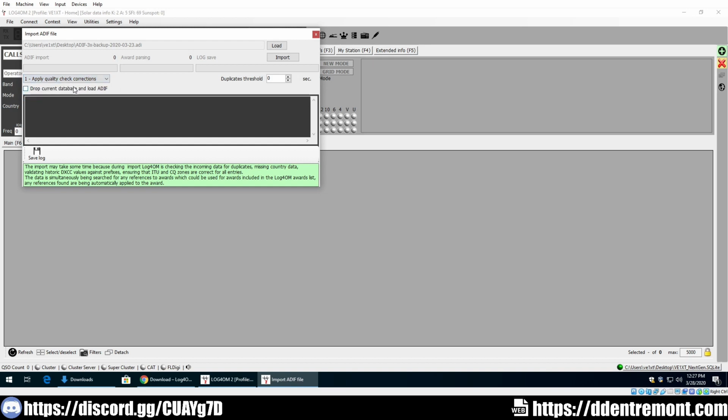Seems logical to apply the quality check because you want to be as up to date as possible. There could be other reasons why you wouldn't. I am not sure, but for this example, I'm going to select that, and then we're going to click import. Now, while this is happening, this is going to take a few minutes to run through the import, and we can see down here,